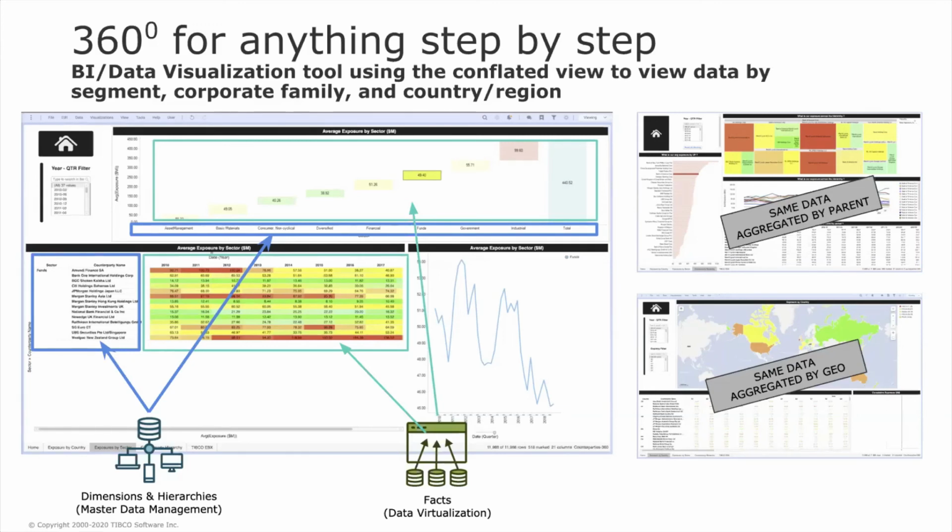One of the things that we've noticed, being a company that not only supplies data management infrastructure, but also analytical infrastructure, is that often the data science teams, the analytics teams, the reporting teams, they will pursue their own sourcing activities to grab the data they think they need to produce that view by sector, by counterparty, by geo. The net result is it's possible. It's not always going to happen, but it's possible in a lot of organizations that the choices that each one of these different individual analytics teams made to grab that data resulted in them making different assumptions, taking different sources, and using different ways to align the information to meet their needs.